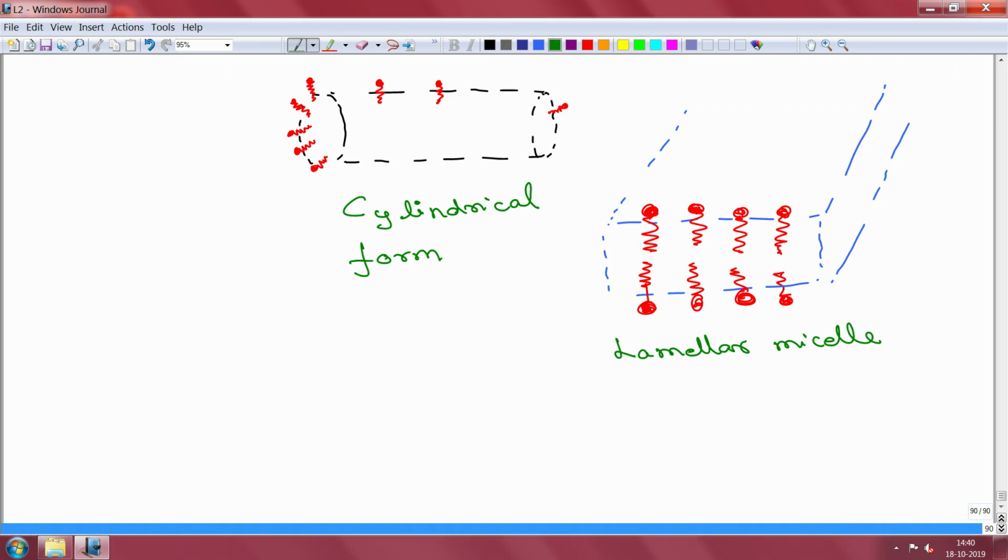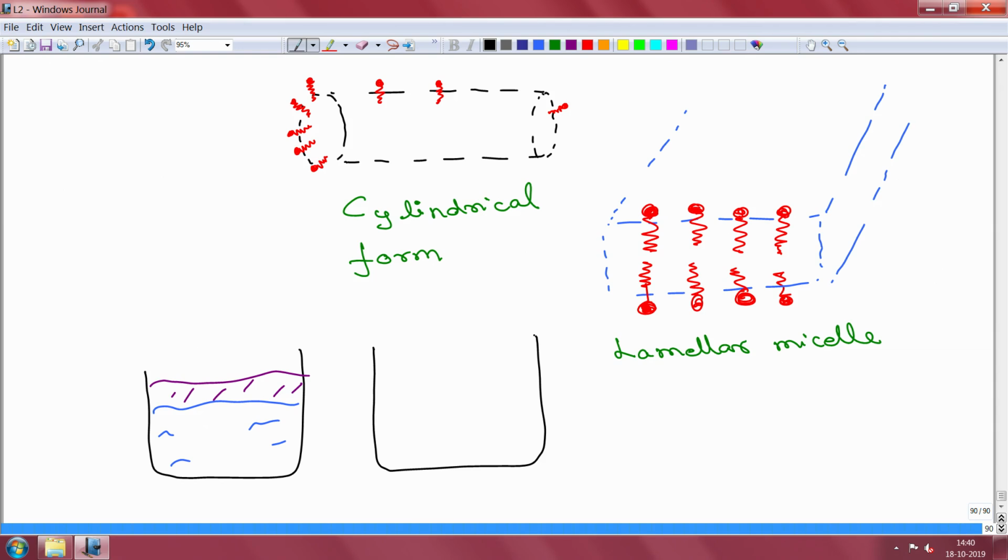So, these surfactants are extremely important in dispersion technology, and they can easily help you make complex fluids. How would they help you do that? Okay. We will take one example here. Let us say you have water, and if you pour oil onto this, oil will form a separate layer, right, and it will not be miscible inside the water. But you can help yourself if you have surfactants, because of what the surfactants can do.